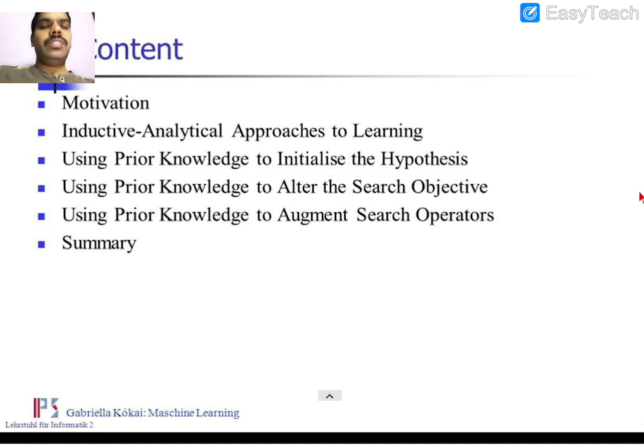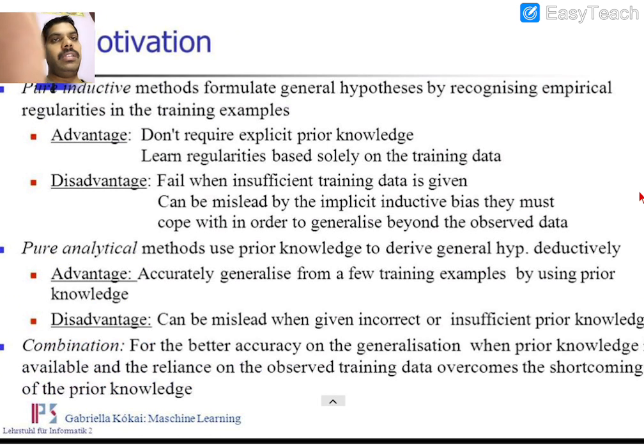So these are the things which we have discussed: inductive and analytical approaches to learning, using the prior knowledge to initialize the hypothesis, using the prior knowledge to alter the search objectives, and using the prior knowledge to augment search operators. And here the motivation we discussed,